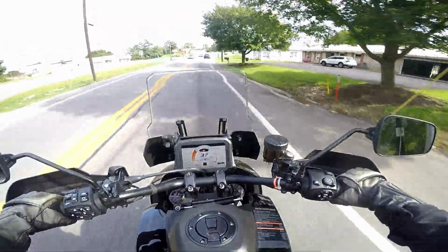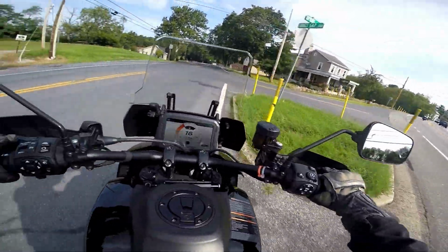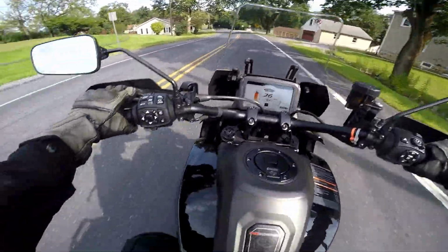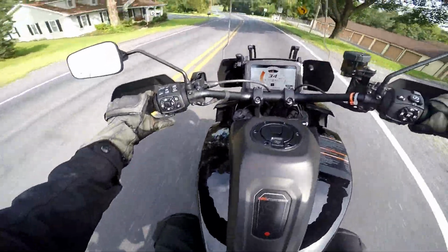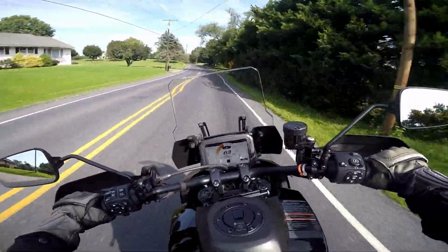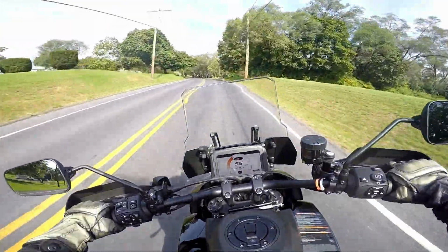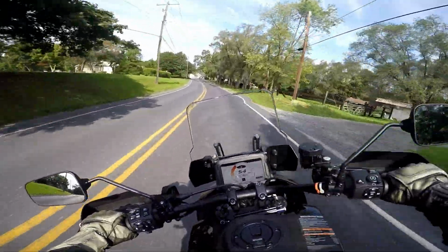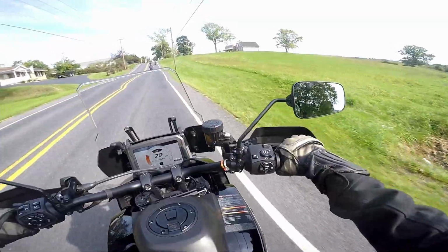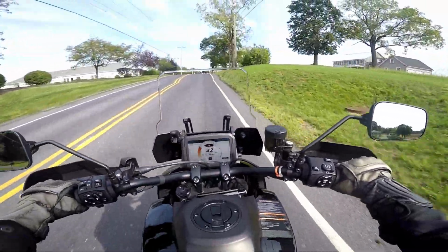So this is the Harley Davidson. I can't believe I'm riding this thing. I just wanted to take this for a little bit. Oh yeah, look at this, nice and fast. It's actually pretty decent. I'm gonna follow these guys. It looks cool. I don't think a lot of people like the styling, but I like the styling, I'm gonna